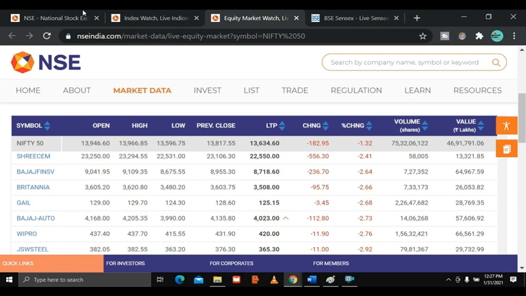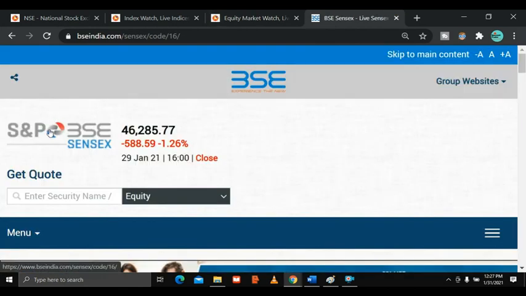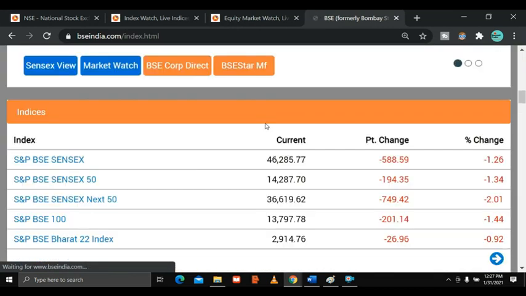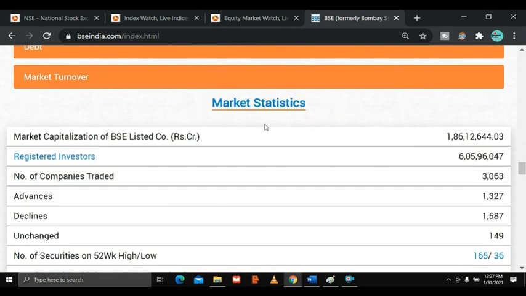I want to show you some information here. About the Sensex, about the BSE market capital, I want to show you here. So here, BSE market capitalization. Look at this, this is how much money is there in BSE right now, the total invested in stocks in BSE. Look at this. Can you read this one? Take a moment and read this number.